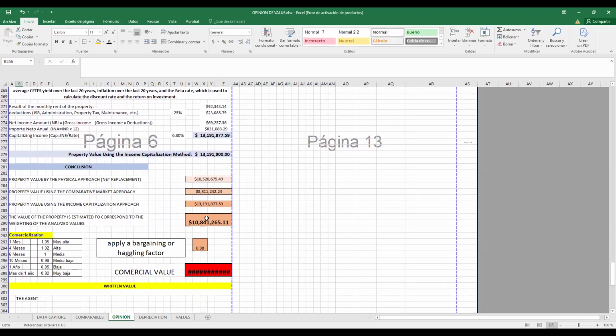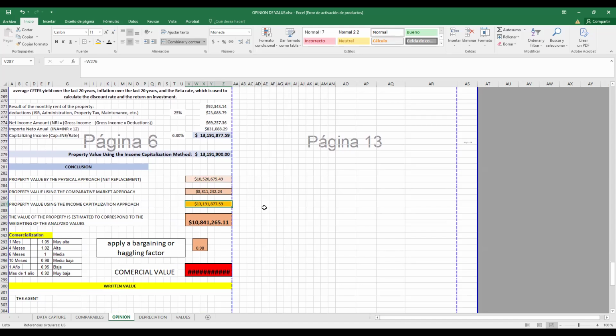See what happened? The capitalization approach is bigger. So for me, this is the one. This is the appraisal for me because it's commercial. You understand that part?